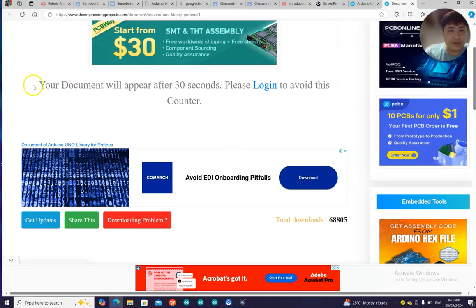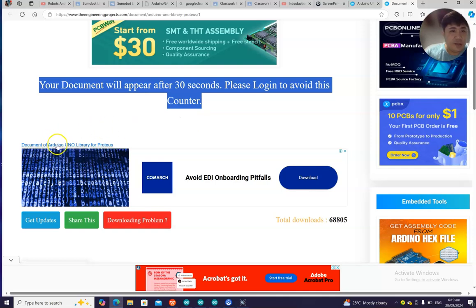But for this website, you need to click this small one in order for it to download.